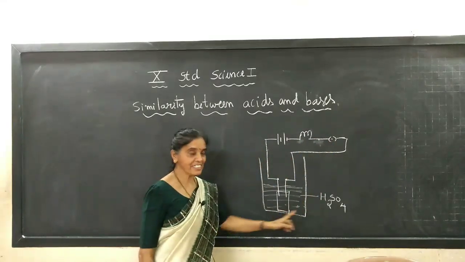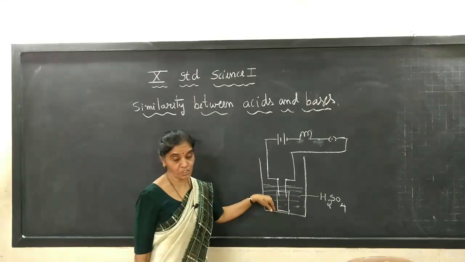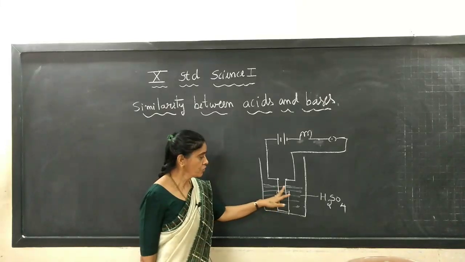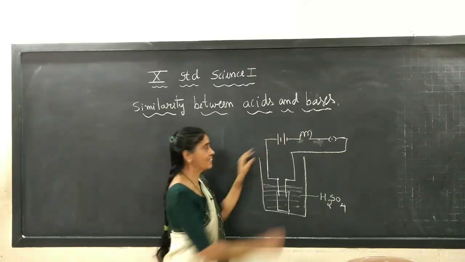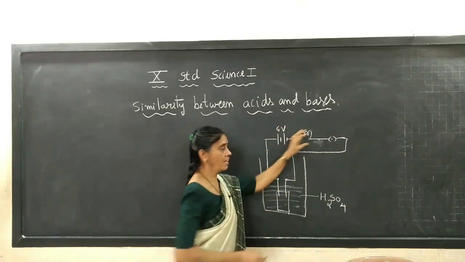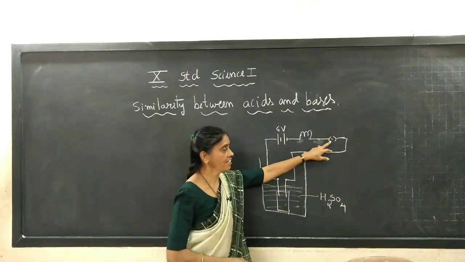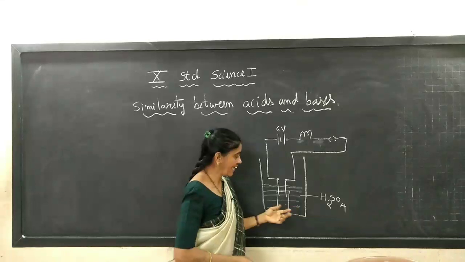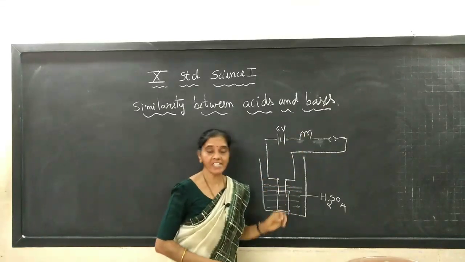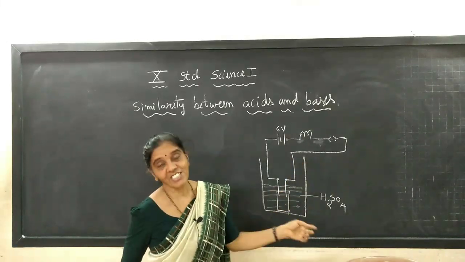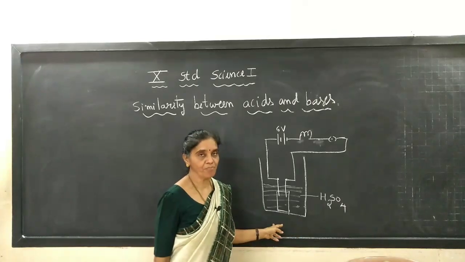So you have to take a container of acidic water, or add acid to the water, and there are 2 nails for the conduction of current. This is a 6-volt battery you can use. This is the bulb to indicate the flow of current in the circuit, and this is the switch. Now when you take acid in the water, we see that the bulb will glow, indicating the acid will help in the conduction of electricity when it is dissolved in water.